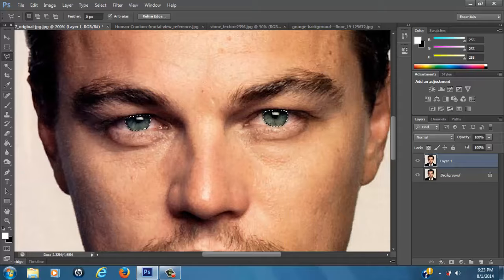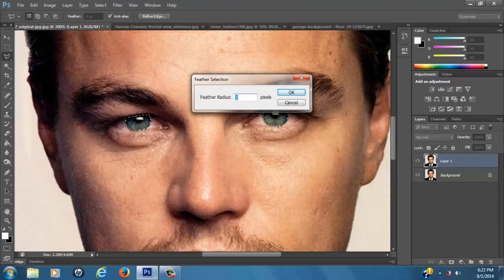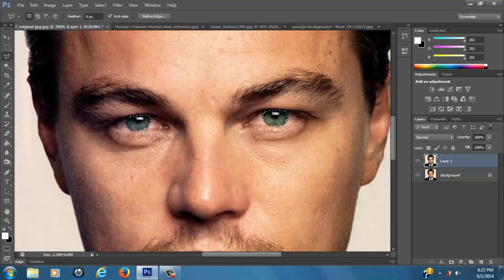So what you want to do next is right click, and what I like to do is feather it a little bit. Maybe like I already got it set here to 3. Press OK. Then right click again and click layer via copy. So this makes a copy of the eyes on its own layer. So I can change the eyes on its own without affecting the other image, the main image. So I'll show you real quick. So I'm gonna bring up my hue and saturation, Control U,